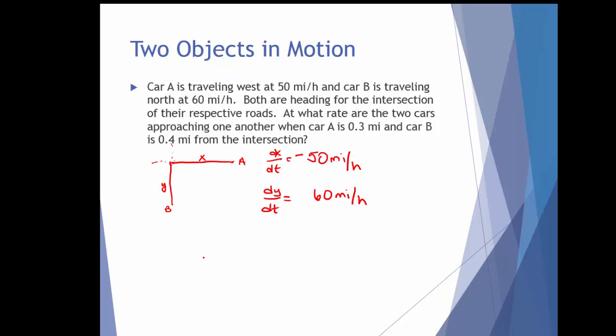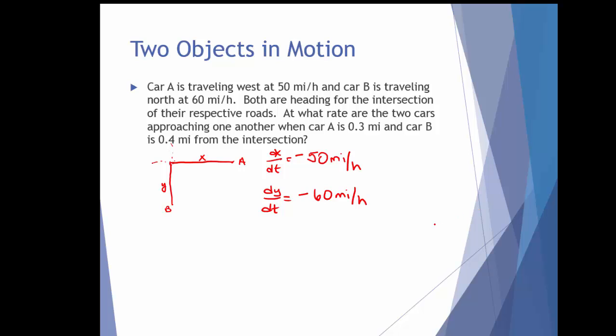Take a look at y. y represents the distance from B to the intersection. Is that distance getting larger or smaller? It's also getting smaller. So dy/dt is also negative 60 miles per hour. Okay? You will have to make those choices when it comes to deciding the signs or the rates in your problems. It's why you want to make sure you have a very clear idea, if you call something dx/dt, you have to know exactly what x is